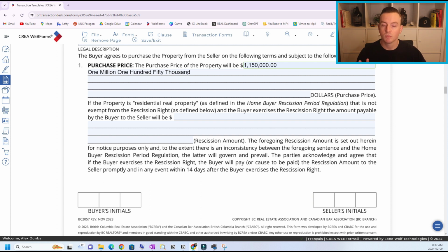And again, it's in both places to make sure that there are no mistakes made, and that you should be able to confirm between the two, especially in the fact that it automatically fills this one out for you, that you do have the correct figure there. Now, if there is a negotiation, what you're gonna see is these will both be crossed out,